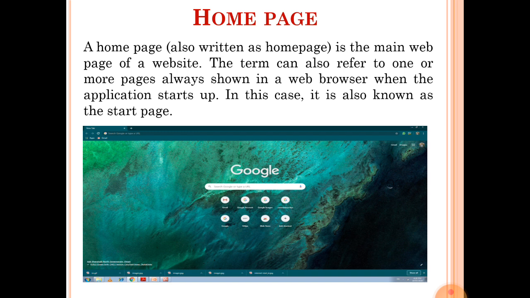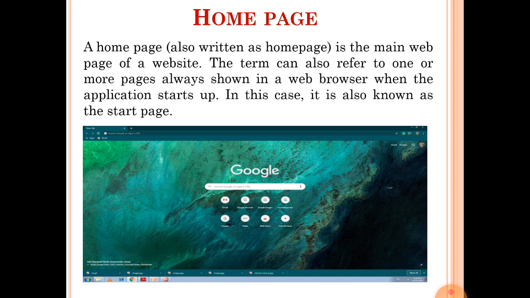The term can also refer to one or more pages always shown in a web browser when the application starts up. So when you open a website, you have different links. Suppose that you have a link to watch the video, or a link to open the assignments. So you have two links to open different web pages. A website is a collection of web pages, but the first page that appears when the user opens any website is known as home page.